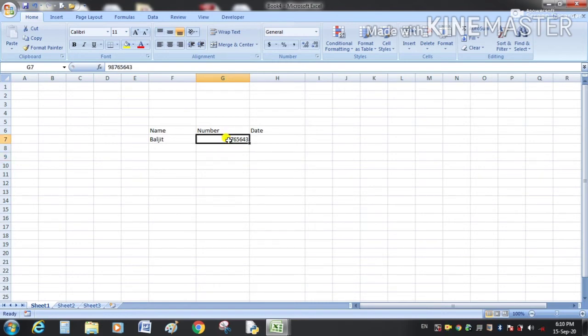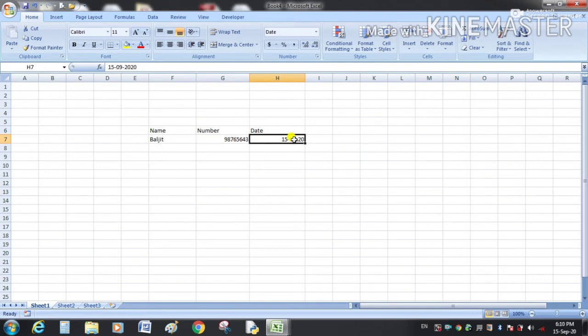Right aligned means when you write number in a cell, it goes to the right side. So text is left aligned and number is right aligned. And here is date. For example, today is 15th of September 2020. So date, like number, will be right aligned.